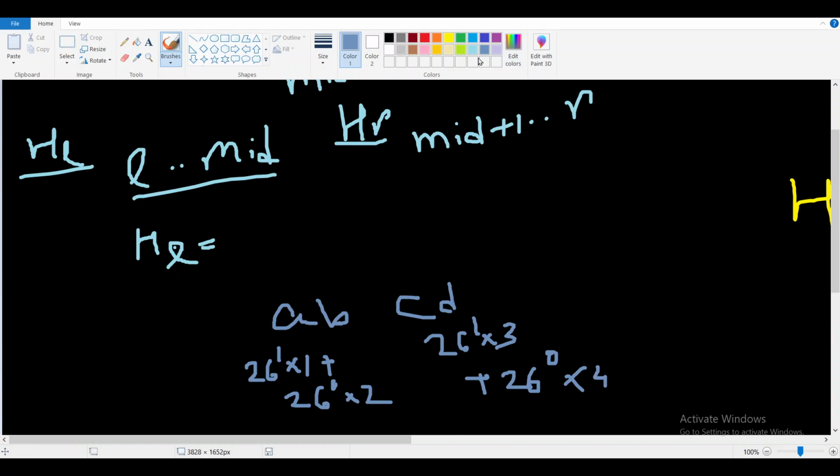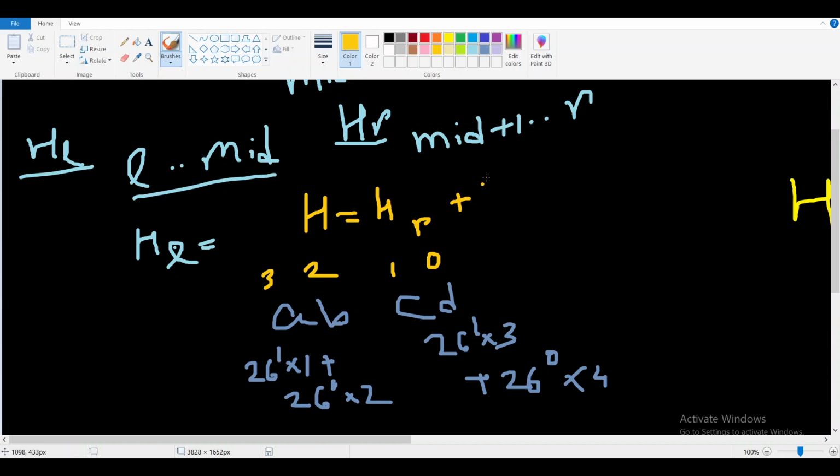Now, how are we going to compute h with the help of hl and hr? Here you can see that h is hr, because this will be 26 to the power 1 into 3 and 26 to the power 0 into 4 only. But when we are adding AB to the string, the power of A will become 3 and the power of B will become 2, right? Because the powers will be 3, 2, 1, 0: 26 to the power 3, 26 to the power 2, 26 to the power 1, and 26 to the power 0. So the hash of the right string will not change, but the hash of the